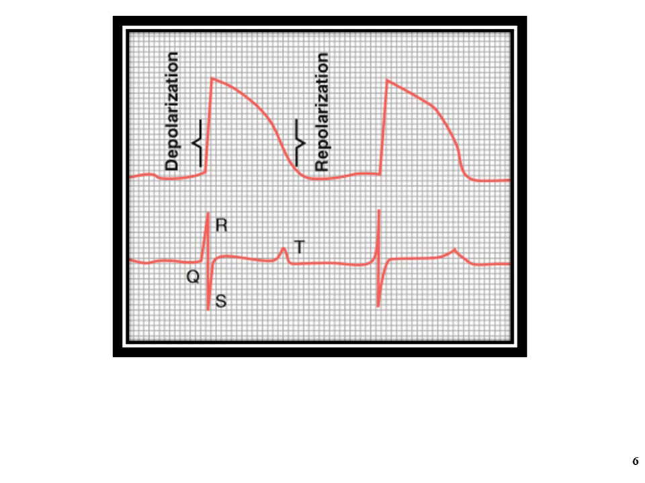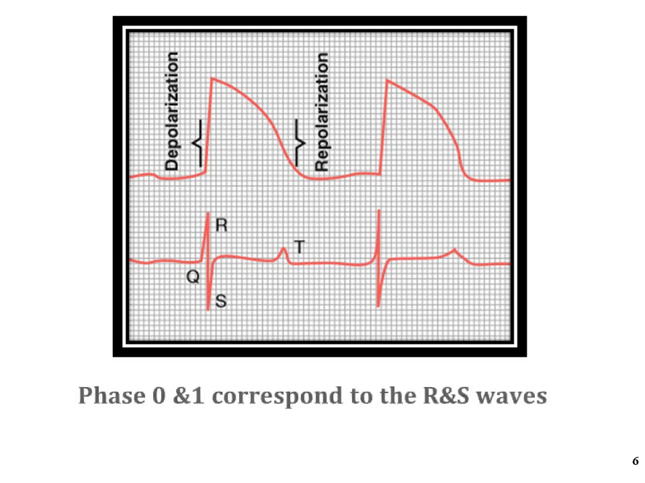Phase 0 is rapid depolarization, and it corresponds with the QRS. Phase 0 and 1, which is the initial rapid repolarization, correspond to the R and S waves,